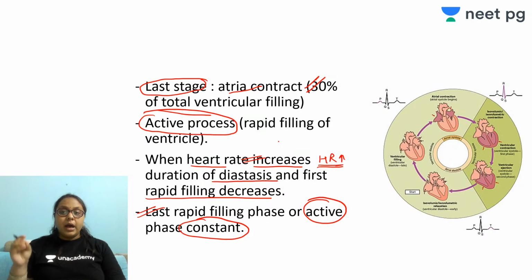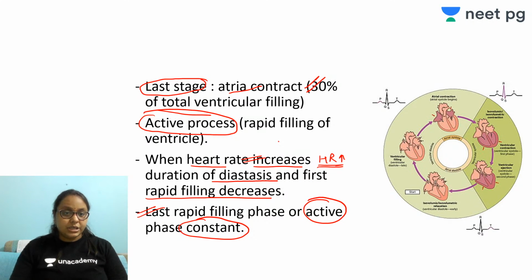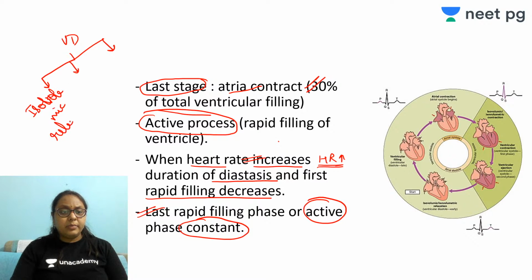So now I just spoke about the ventricular relaxation, or ventricular diastole. So ventricular diastole has 3 parts. The first is isovolumic relaxation. After isovolumic relaxation,